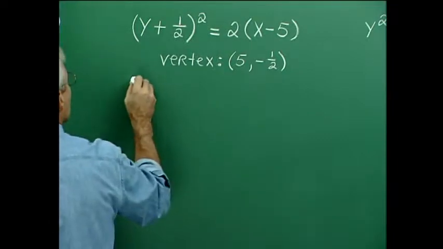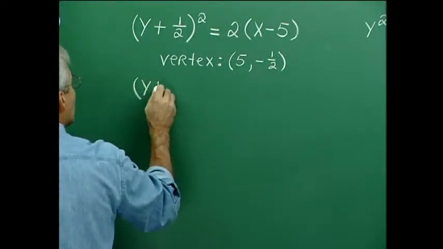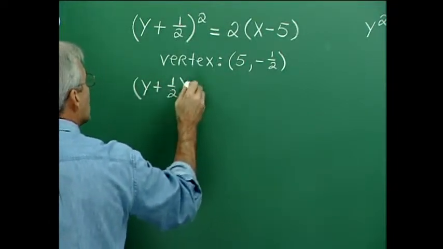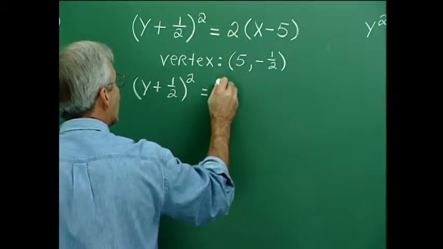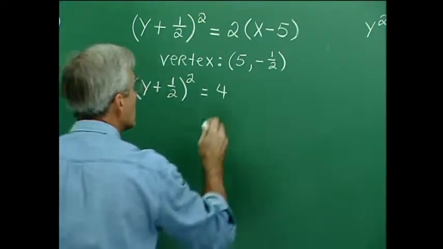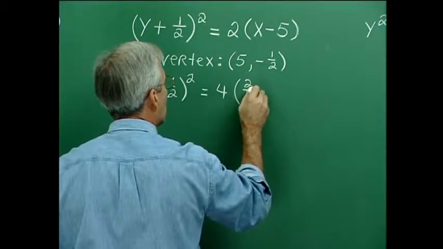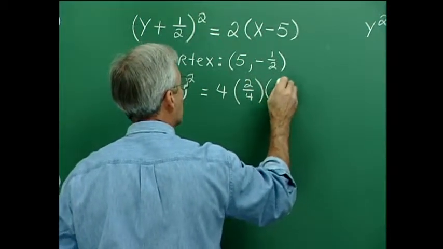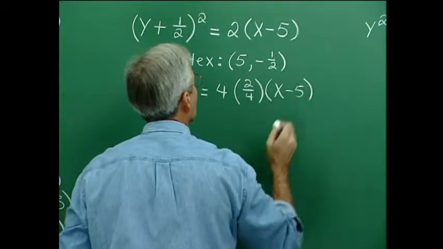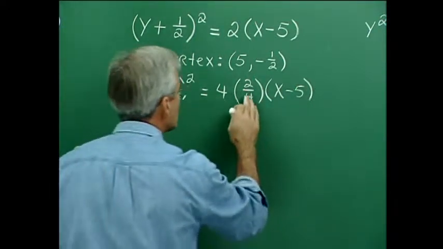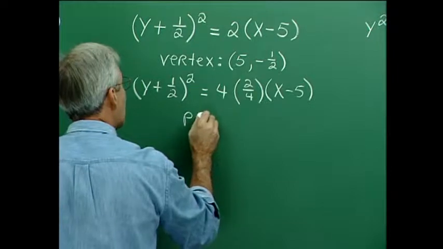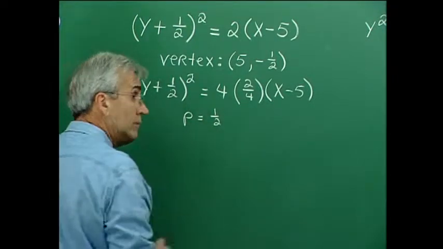So we need to use a step to identify the value of p, and we do that by forcing the factorization of 4. So we think 4 times 2 over 4. Now we see that the p value is 1/2. Okay, so p is 1/2. Now, with that,